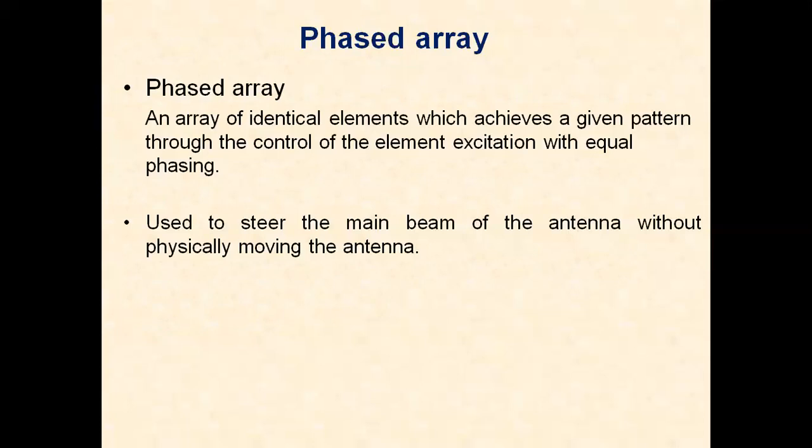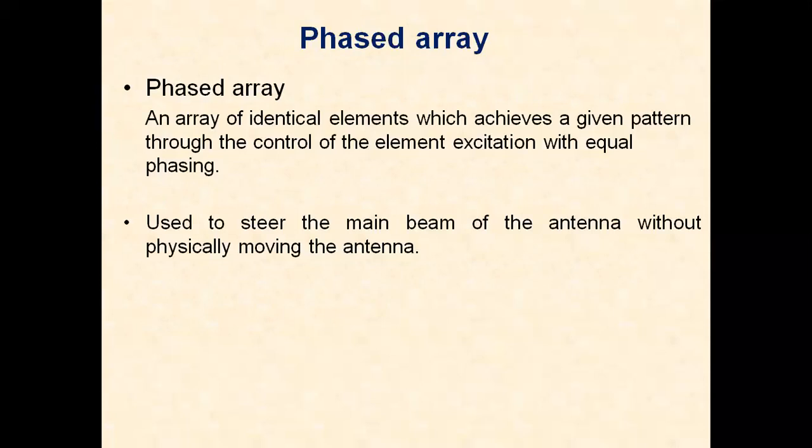So when greater directivity is required than can be obtained by a single antenna, antenna arrays are used. The elements in an array interact with one another to produce a resultant radiation pattern that is the vector sum of individual ones. Whether reinforcement or cancellation takes place in a given direction is determined not only by the individual characteristics of each element but also by the spacing between the elements.